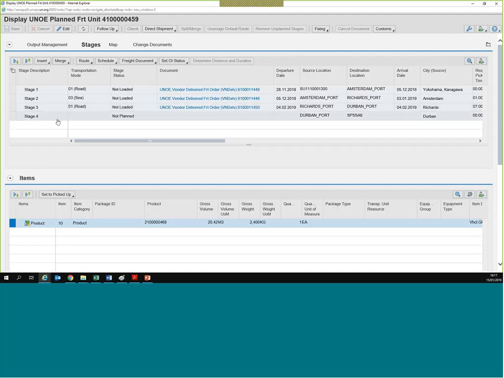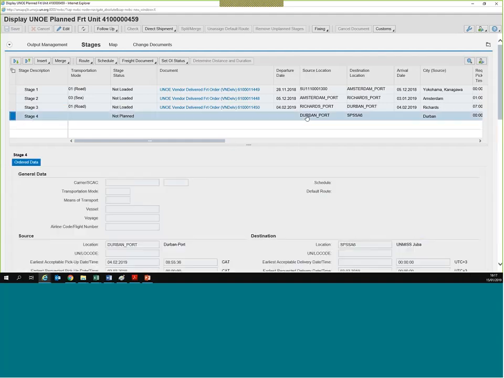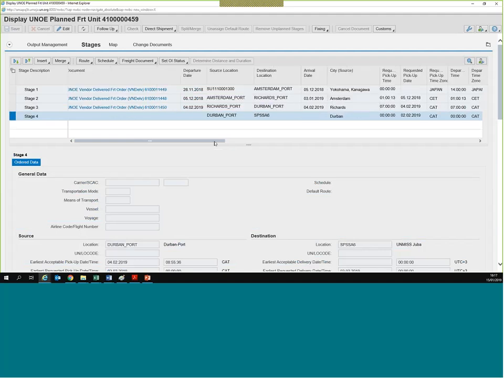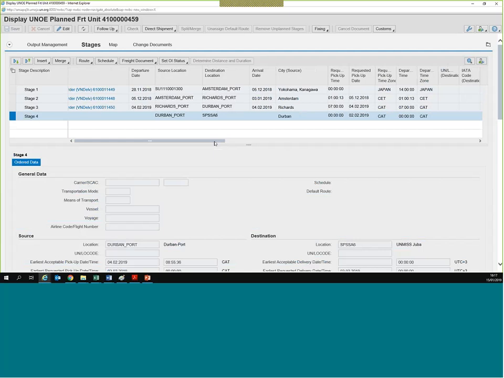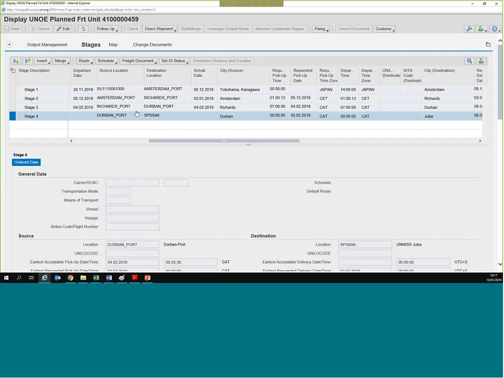And what appears as stage 4, from Durban, that is the handover location, up to the final destination, Juba, is the part that is still